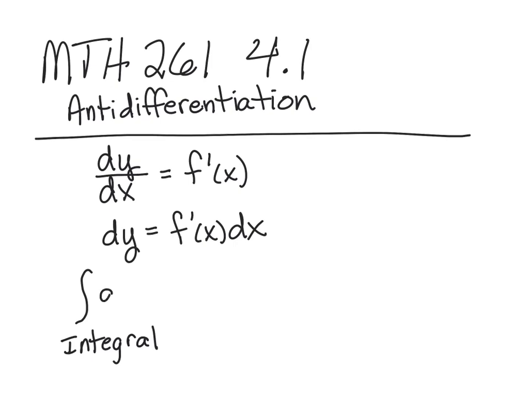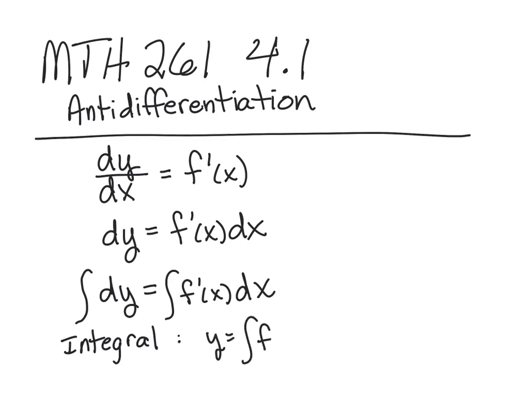We are going to integrate, in other words, find the antiderivative of both sides of this equation. And this is the way you will see most of your questions written. We have y equals the integral of some function that is actually the derivative of some function y. What we have to do